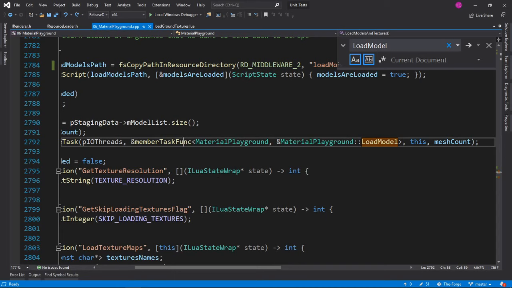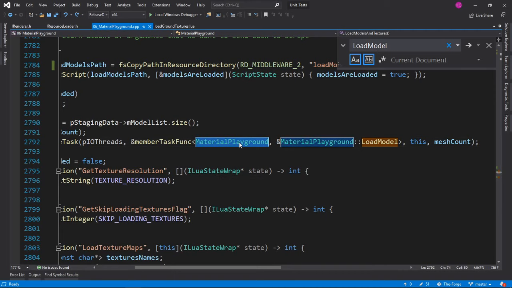Interesting stuff. So, material playground. Passing this with mesh count. So this is a function pointer to a member function, and this is the type of this.